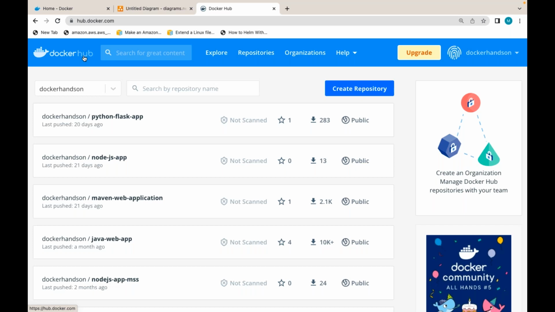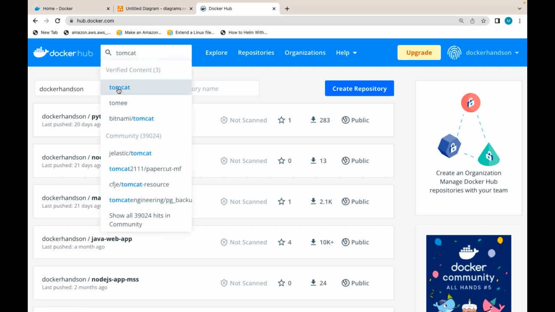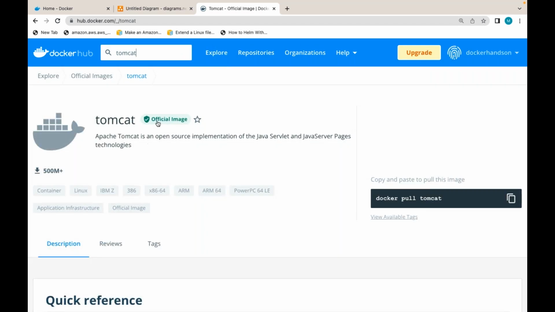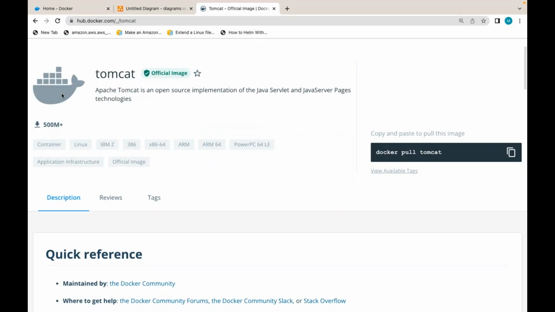So what do we have in this repository? Can I find a lot of images in this repository? The base softwares, the base images, the softwares as images. Suppose I need a Tomcat software as a Docker image. Can I find that here? So this is one image. If I use this image to create a container, does that container have Java software, Tomcat software up and running in that container? Yes.